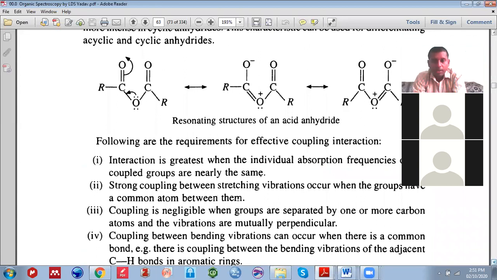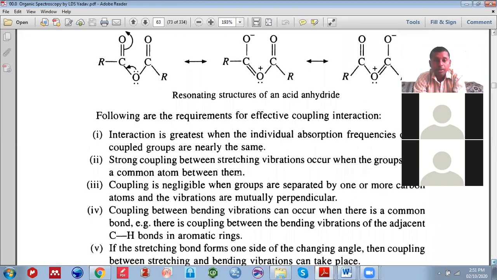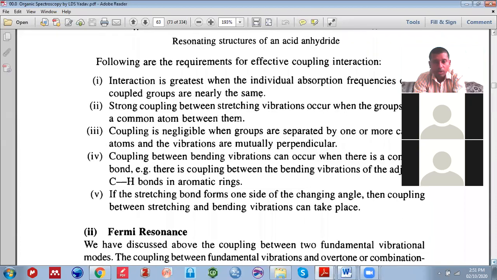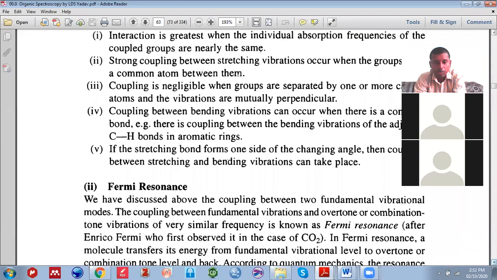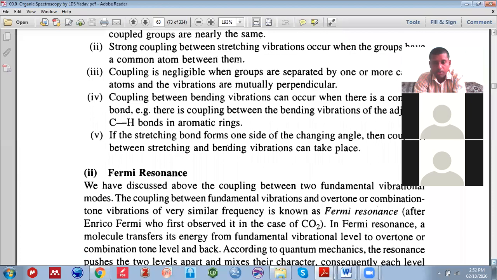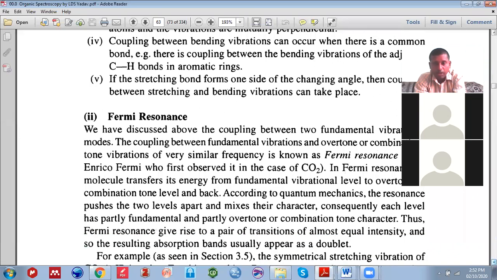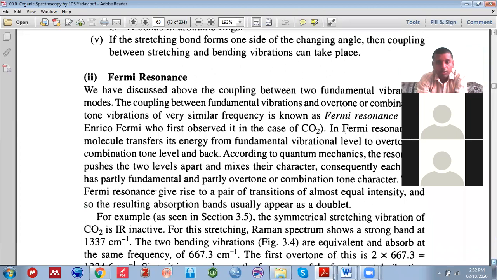Following are the effective coupling interactions. Here effective coupling interaction occurs. Different kinds of coupling occur. One is Fermi resonance, very important. Fermi resonance was first observed by Enrico Fermi in carbon dioxide. For this reason, this is known as Fermi resonance. In Fermi resonance,